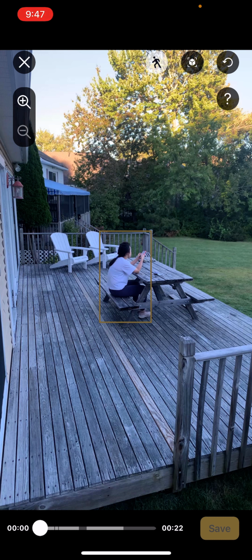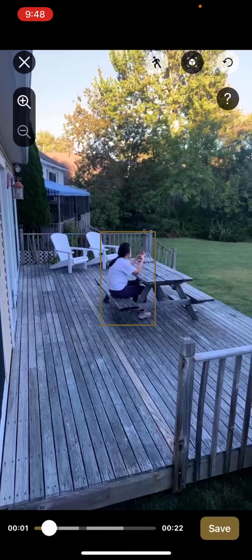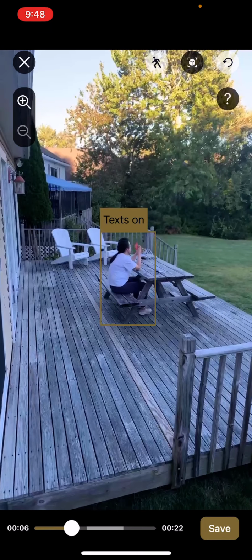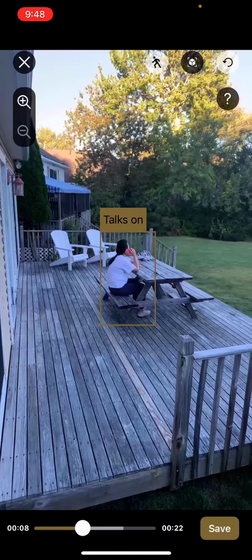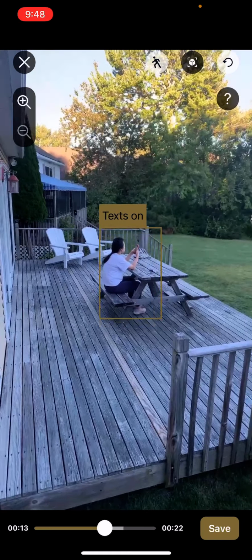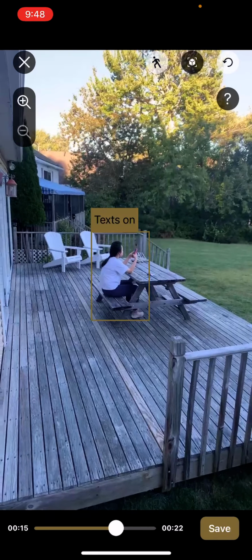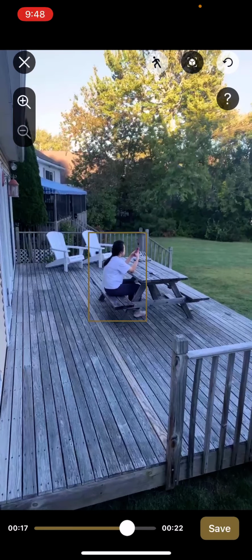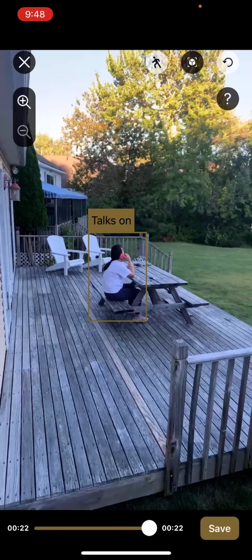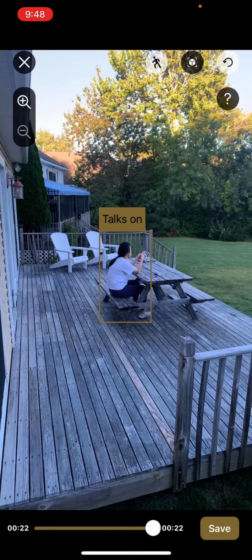First, single tap on the screen outside of the bounding box to start the video and wait for the moment when the actor is performing Talk Song. Now, tap within the bounding box to relabel it, and hands off when the label is ready and the actor is done performing. Here's another one. Tap within the bounding box and hands off when it's done with labeling. Good. And now we can move on to the next label.